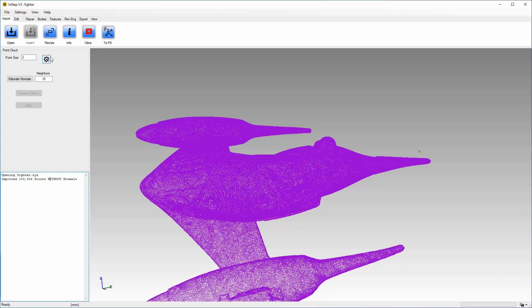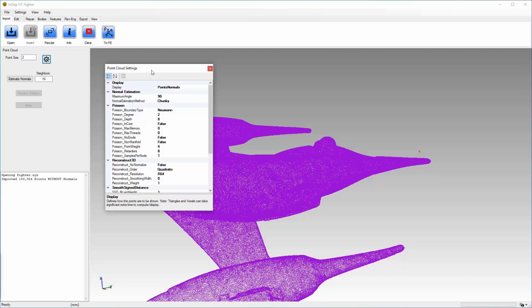In this case, what we can do is we can go to the settings, which is a specific setting for the point cloud options, and we can see that there's different ways of showing the data. So it's set by default to points and normals. We can also show just points, and we can also show voxels for the case of where only points are loaded. And the voxel is just in this case a cube that is centered at that point with a size based on how far away the next point is. Triangles require that the normals are calculated, and we're going to cover that in a second.